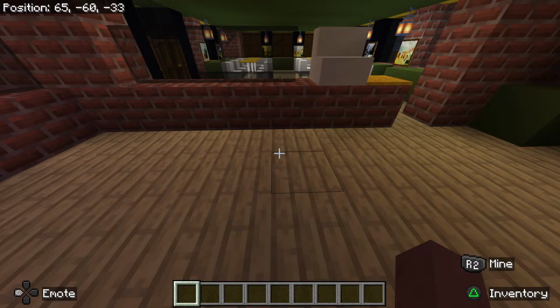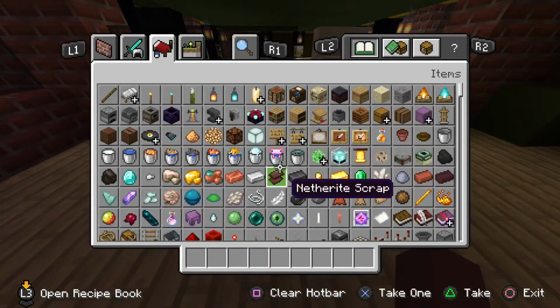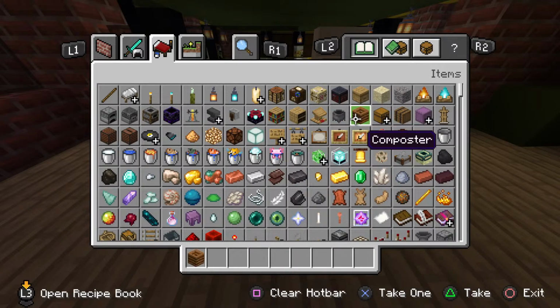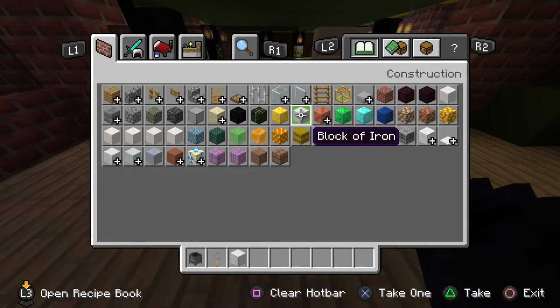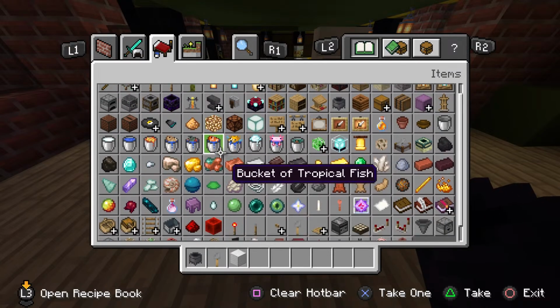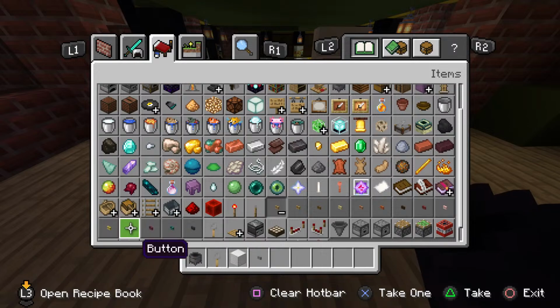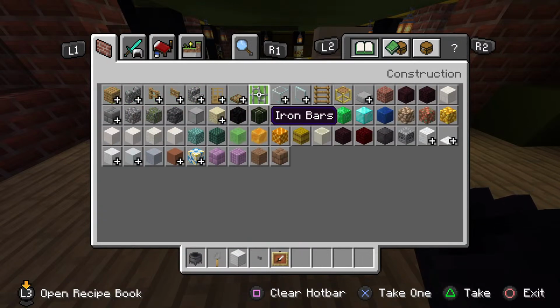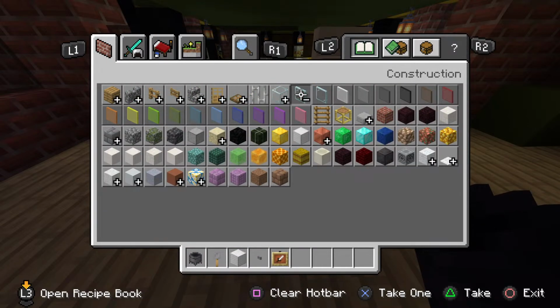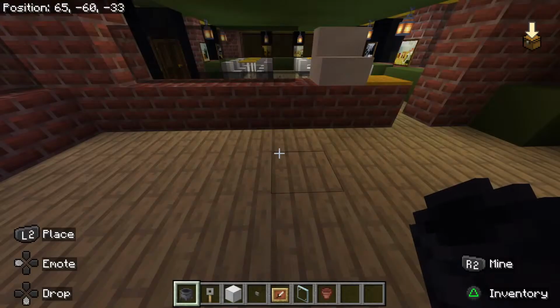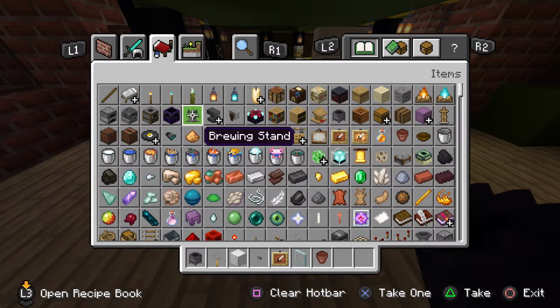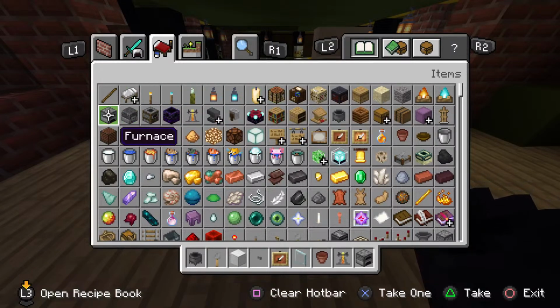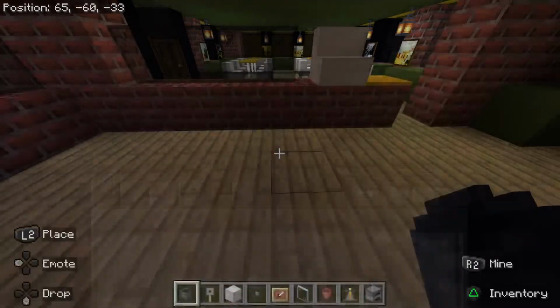Although we'll probably need more stuff on top of this, you'll see why. Okay, this is everything that we're going to be needing. The main things are, we're going to start off using the cauldron, tripwire hook, block of iron, buttons, item frame, glass pane. We're going to need the flower pots, brimstone and furnace, and then additionally the main materials will be blast furnace, chest, white carpet, green carpet, and I'm going to use a little bit of dried kelp,